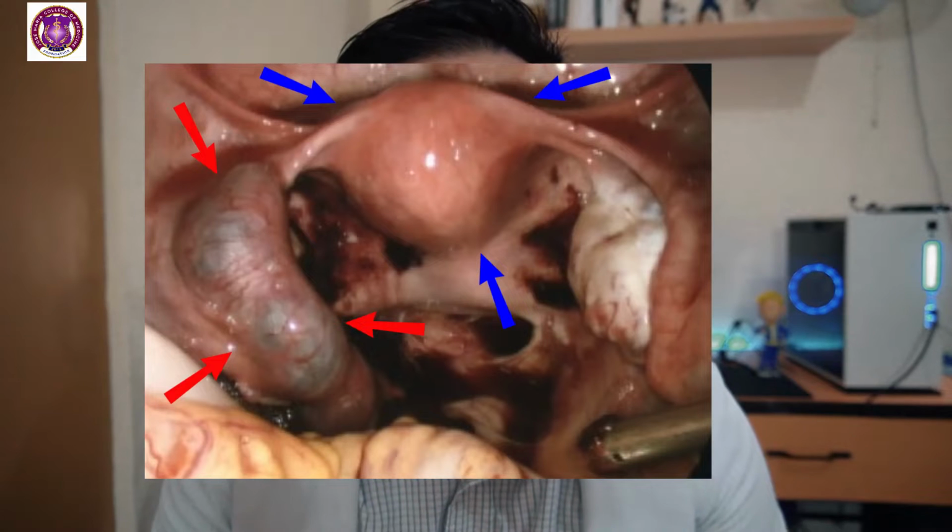So the implantation is where the blastocyst or the zygote will be implanted in an environment that is conducive for growing. So it will be implanted in the uterus. If the zygote or the blastocyst is implanted in the fallopian tube, this is not ideal. This will result in ectopic pregnancy, and surgery is needed. It is really ideal for the blastocyst to be implanted into the uterus, since the uterus is already preparing itself.